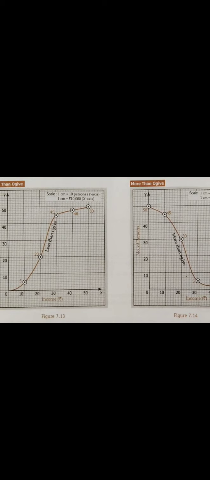It is also known as the cumulative frequency curve, and it is constructed by representing a cumulative frequency distribution on graph paper. So it is constructed in the form of a smooth curve, not a straight line curve. And it is of two types, less than ogive and more than ogive. Less than ogive means we are plotting less than cumulative frequency, and in more than ogive, we are plotting more than cumulative frequencies. So when we solve the numericals, you will learn how to plot all these kinds of frequency distribution curves.